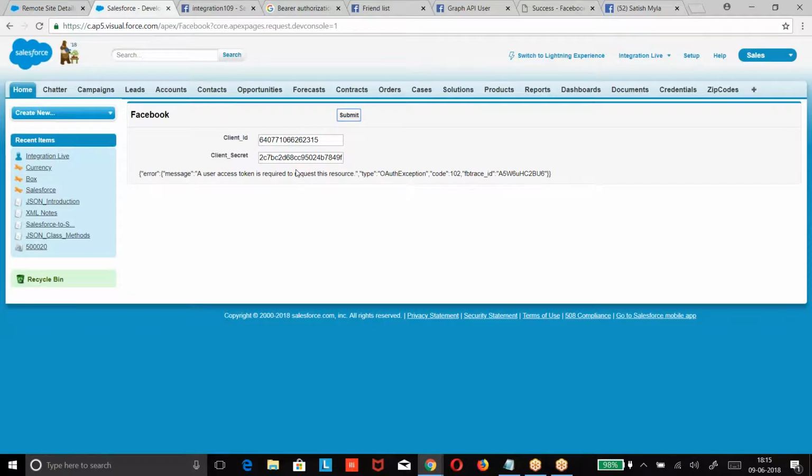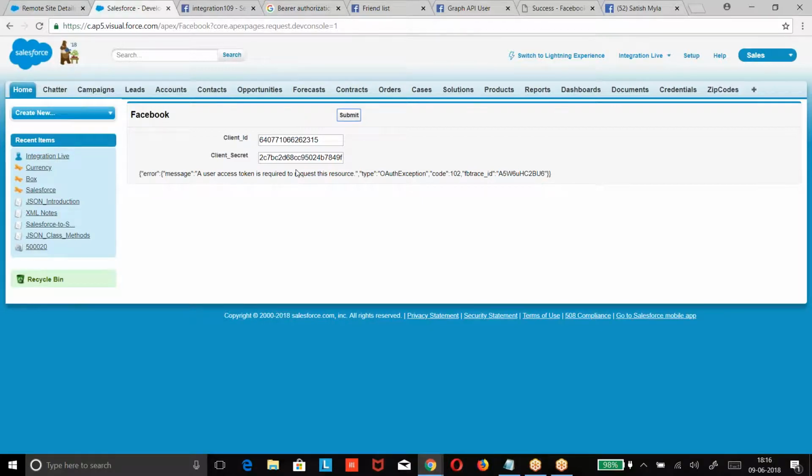Now the point here is, if you are going for a code format, first I request a code, then I send a request for an access token, then I get it. If the access token is going to expire, before it expires, I request one more access token. Then again, I will not request a code. When you request a code, they are going to send a code. When I request an access token, they will send an access token and a refresh token. Two things they are going to send: an access token and a refresh token.